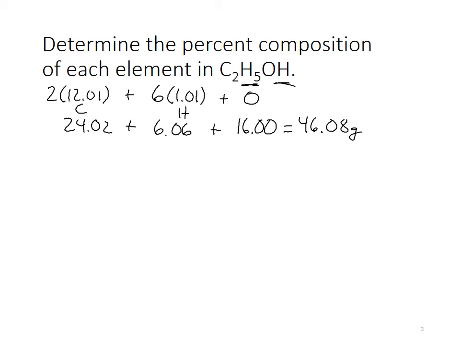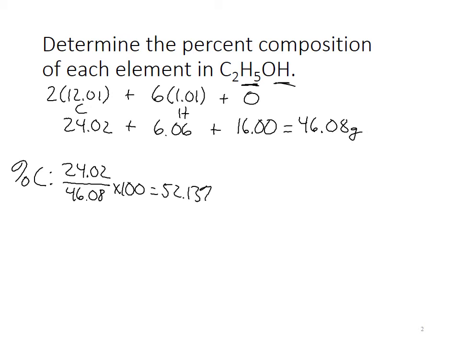So to figure out the percent by mass of each element in the compound, we simply look at one element at a time. So carbon, first element listed. I would simply take 24.02 and divide that by 46.08, and then multiply by 100 to get a percent, which is 52.13%. Then, for hydrogen, I would take my 6.06, divide it by 46.08, multiply by 100, and get